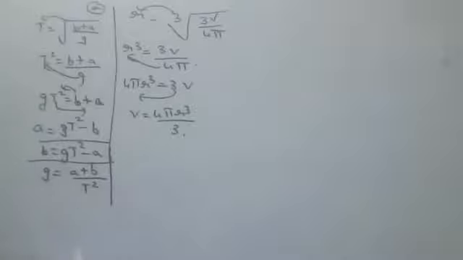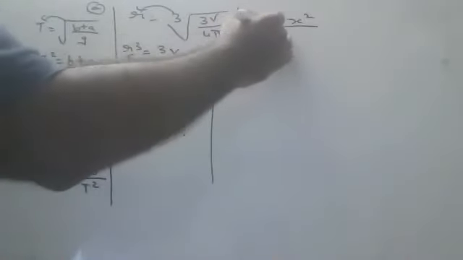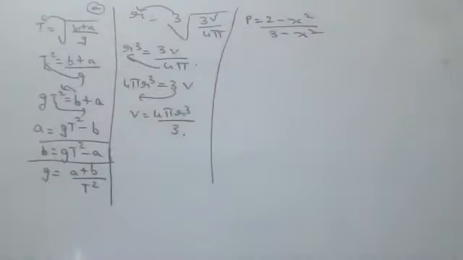Yashasvi, is that you? You are asking me? No, sir. Then you tell that. P equals (2 minus x square) by (3 minus x square). I want x as the subject. Tell me x.